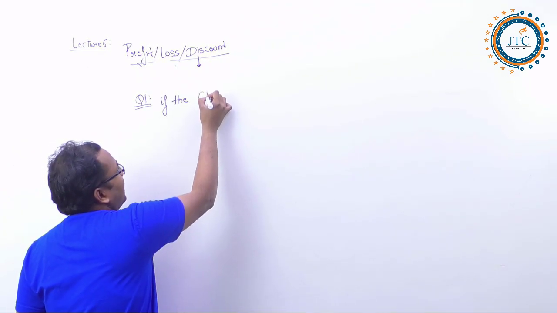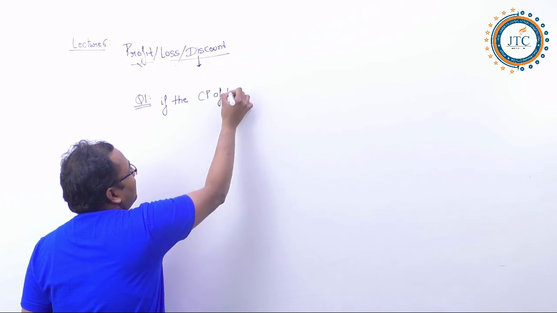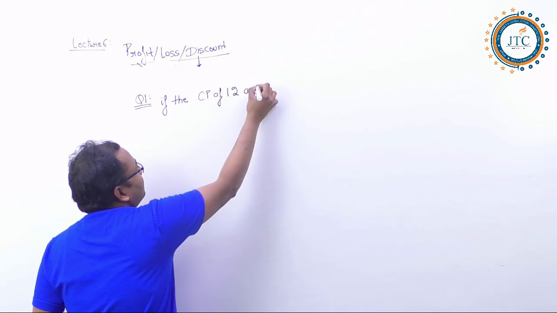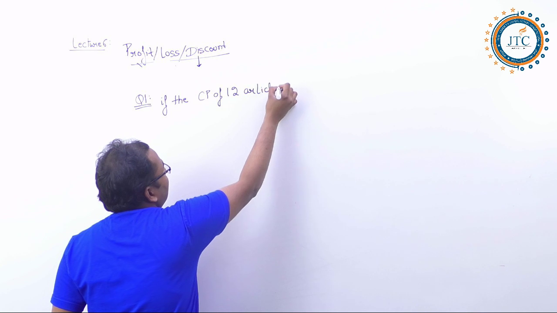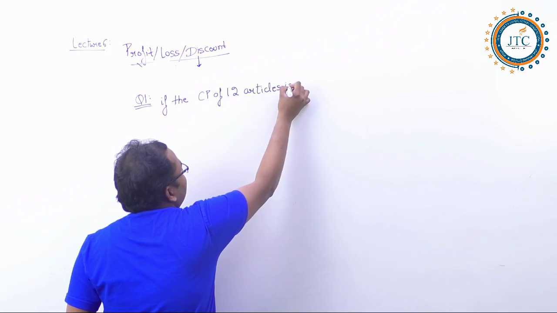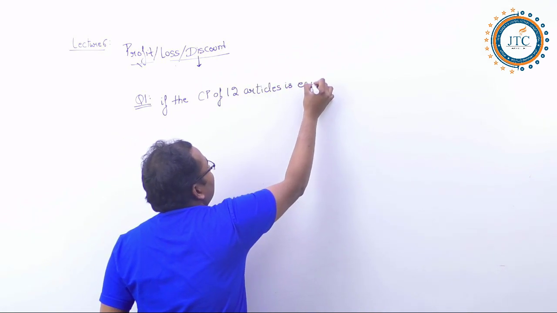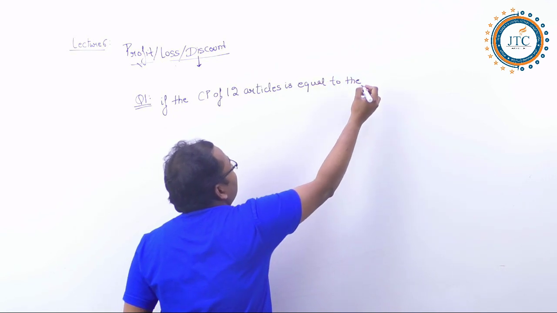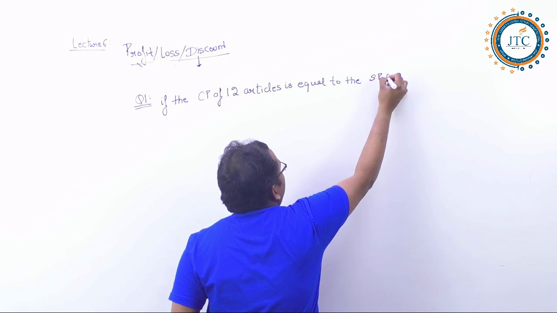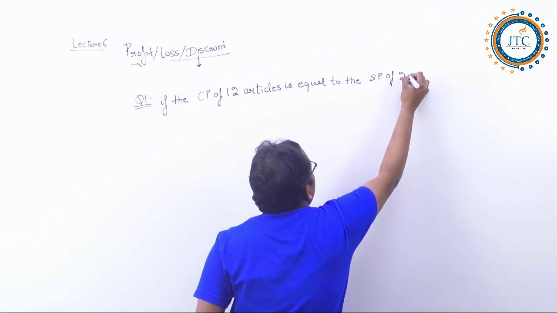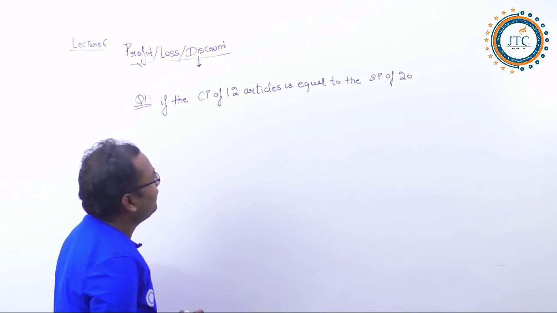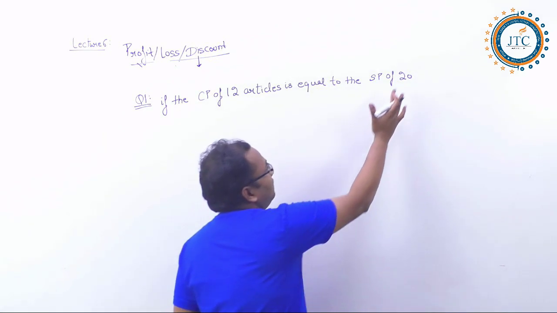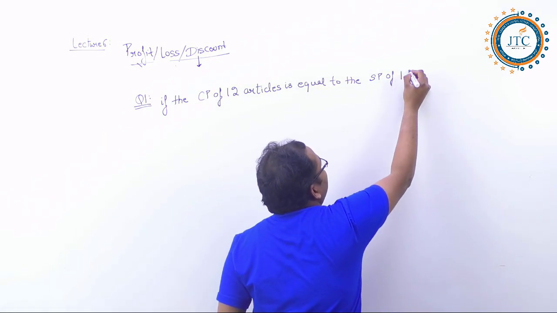If the cost price of 12 articles is equal to the selling price of 16 articles,